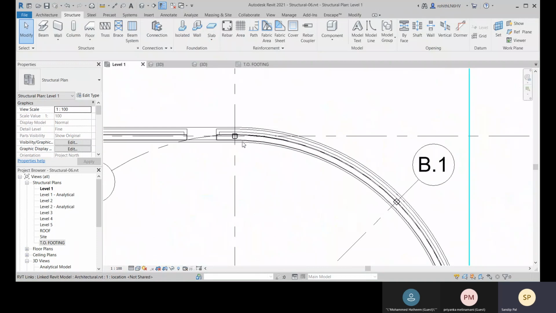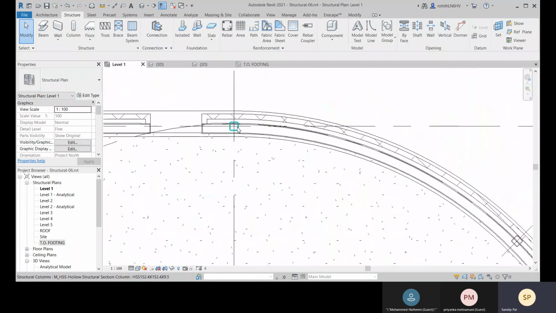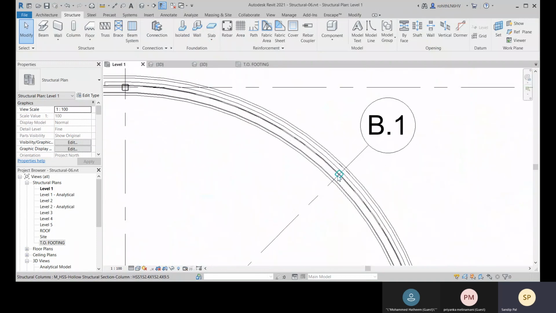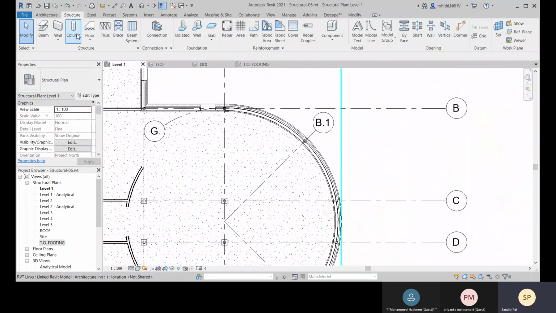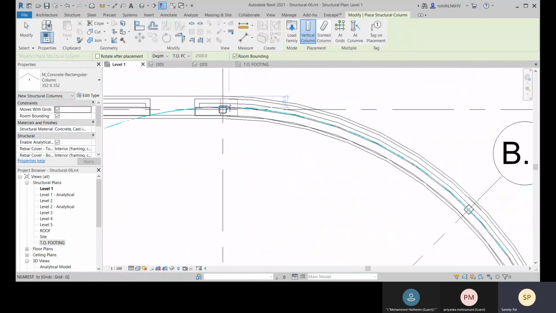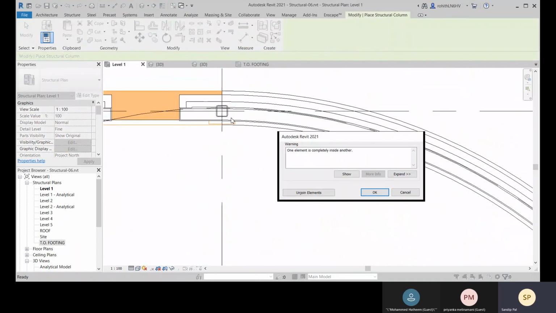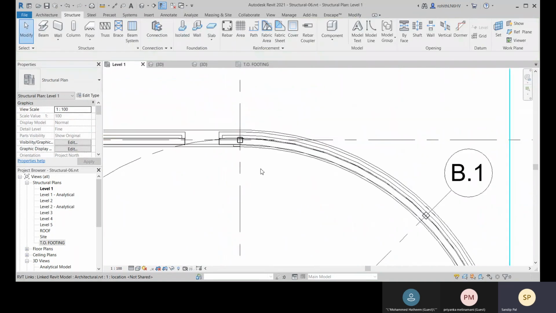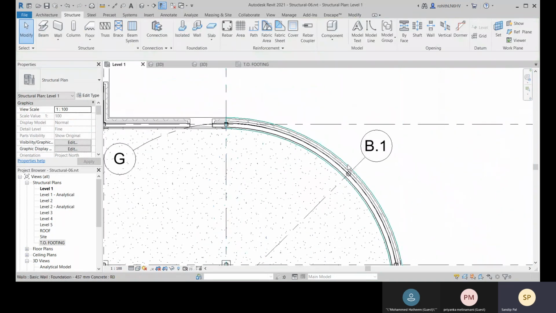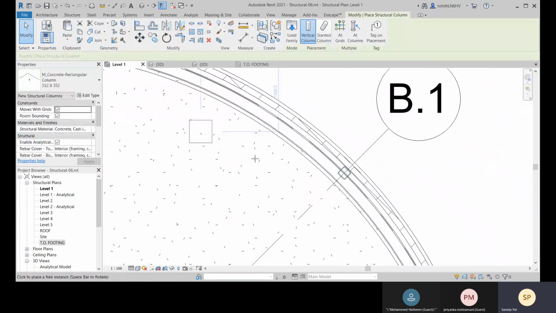Now let me come back to level 1, and here I think I need to place all those. So come to column here, and here let me place. Go for this. So here you can press the space bar and it will orient to this grid.